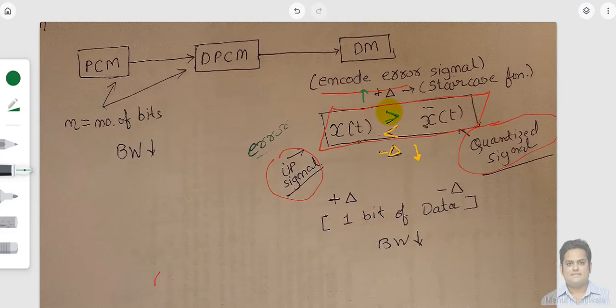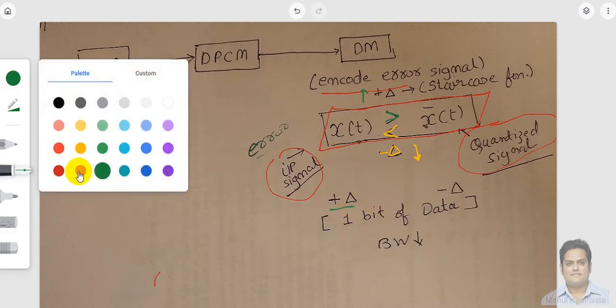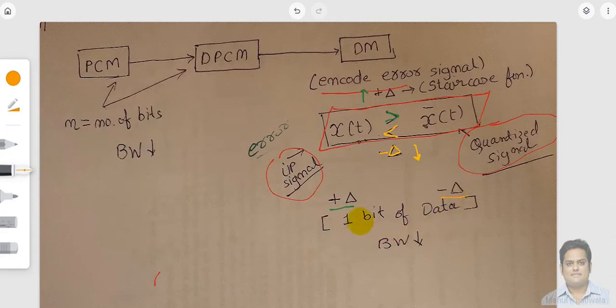So here, if your input signal is greater than your quantized signal, in that case we are going to go up by delta, and I am representing that with plus delta. Again, delta is also known as a staircase function, as we have already mentioned. As you can see now, we have only two possibilities: either we go upward by delta step, or we go downward by delta step. We mention them with the help of these two criteria: this is your plus delta, and the other one is your minus delta. These are the two things you are going to identify and represent.